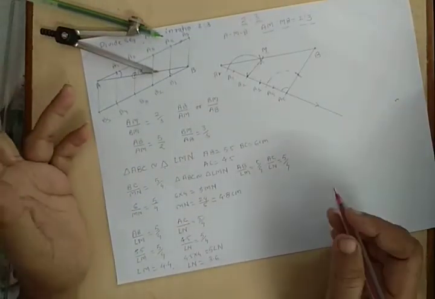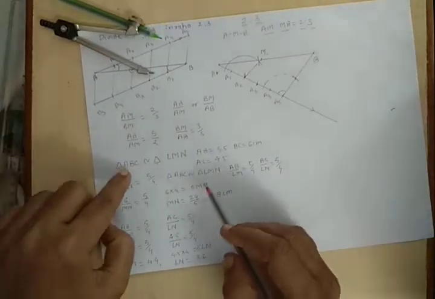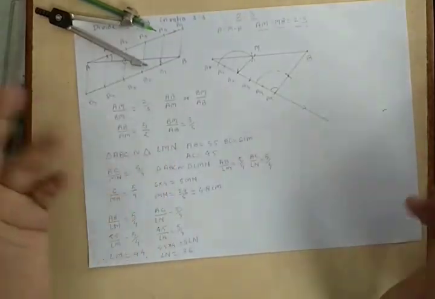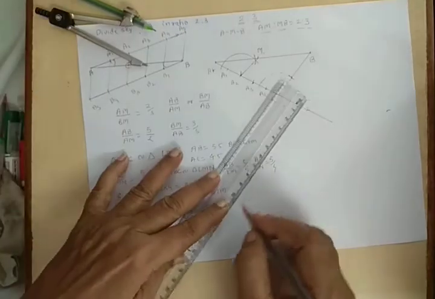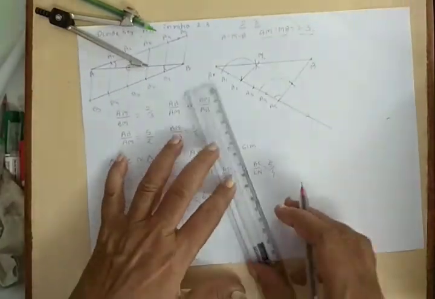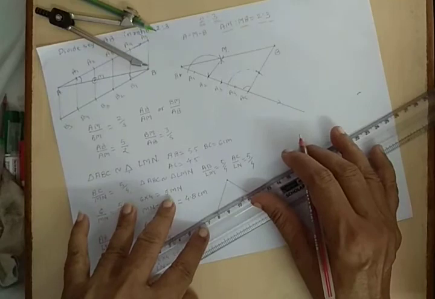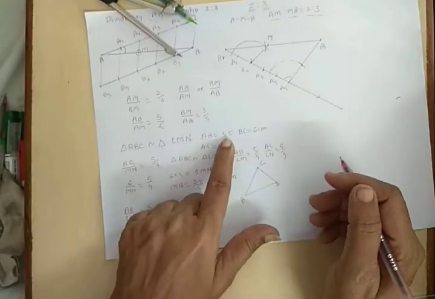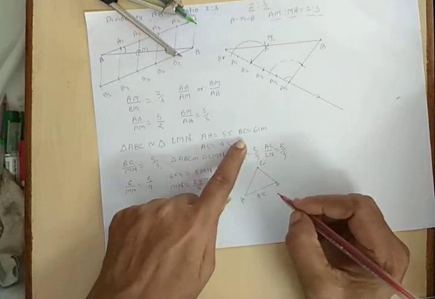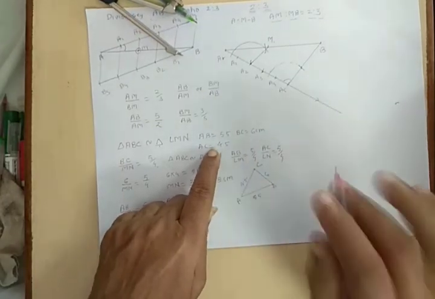Now we have two triangles, separate triangles, no vertex, no segment, no line is common between ABC and triangle LMN. Therefore, we can draw two separate triangles of given measure. First triangle, what is ABC? What we have to draw for ABC? Suppose ABC is like this. What information we have? We have to write on the rough figure. Suppose it is A, B, C. What is given on ABC? AB is equal to 5.5. What is BC? BC is equal to 6. What is AC? AC is equal to 4.5. We have to write on the rough figure.